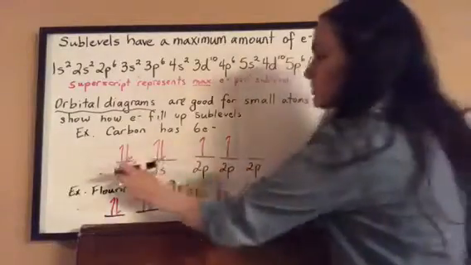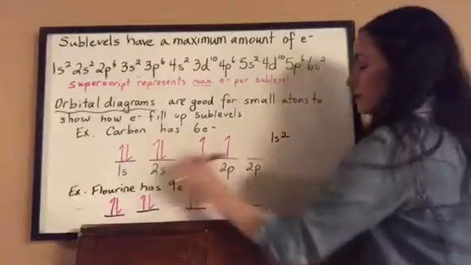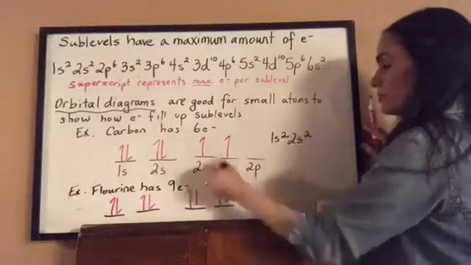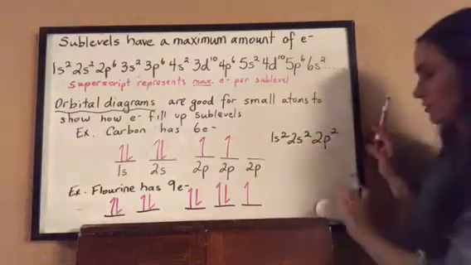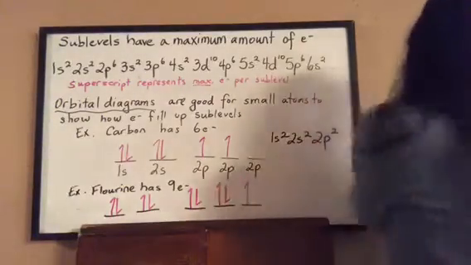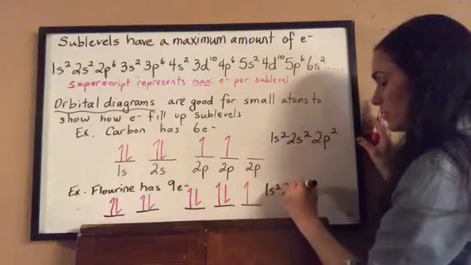Okay, carbon, we have 2 electrons in the 1s sublevel. So 1s2, 2s2, 2p2. 2, 4, 6 electrons. We go to fluorine. 1s2, 2s2,